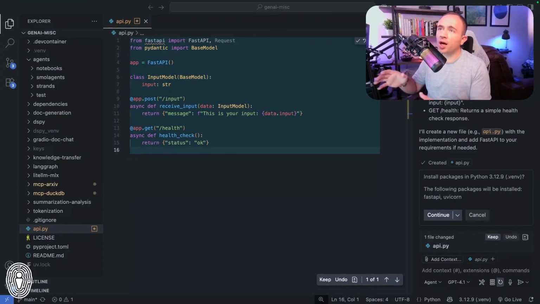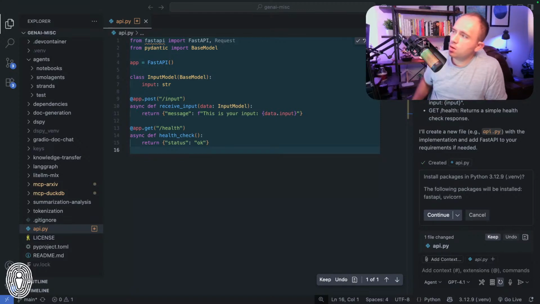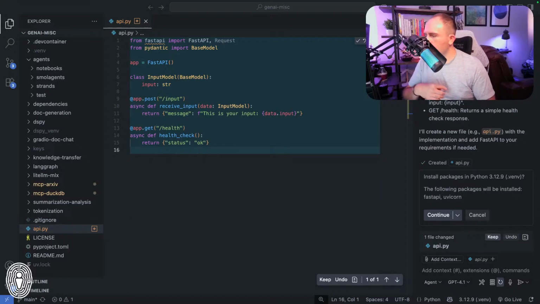But what I want to highlight here is, as you could see, we have a Python script using FastAPI. And you can see it is saying, okay, we created the script, now I need to install these dependencies. What's going on behind the scenes with a coding agent is it is doing a couple of different operations. It's doing some reasoning and thinking. And we've also given it the ability to look at other code files within a repository if need be. In this particular example, we did not need to.